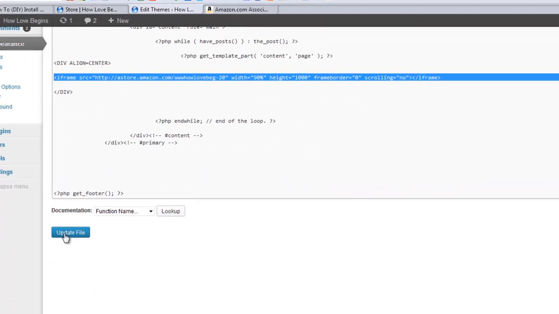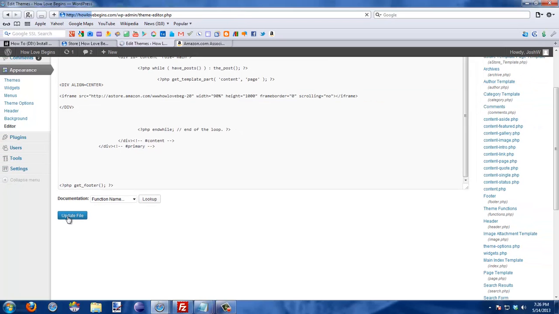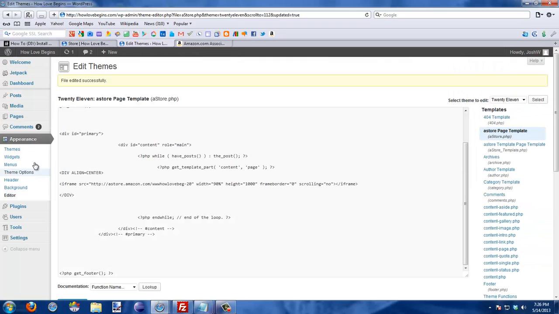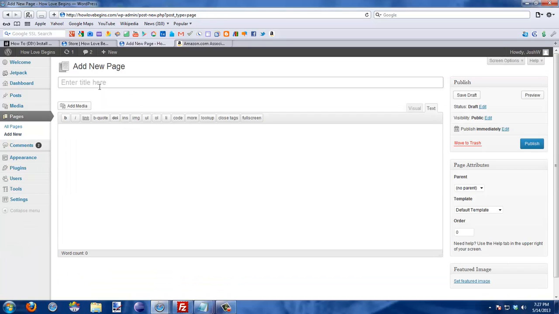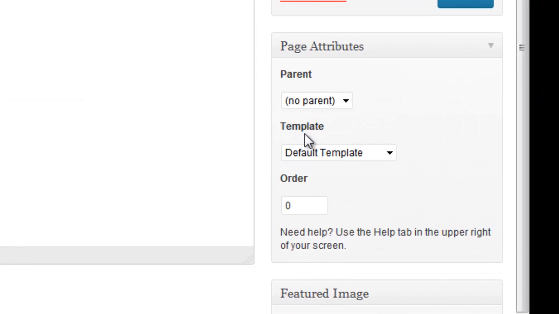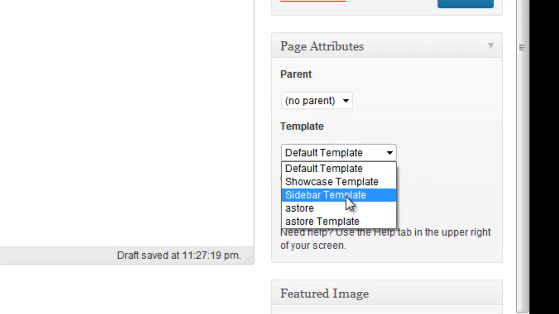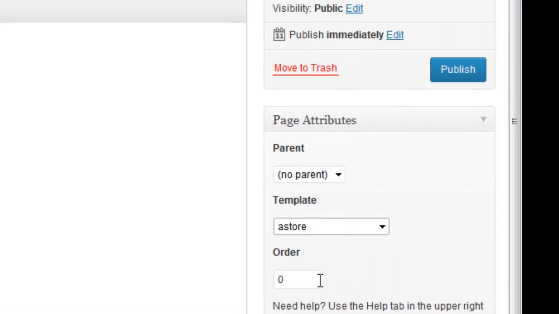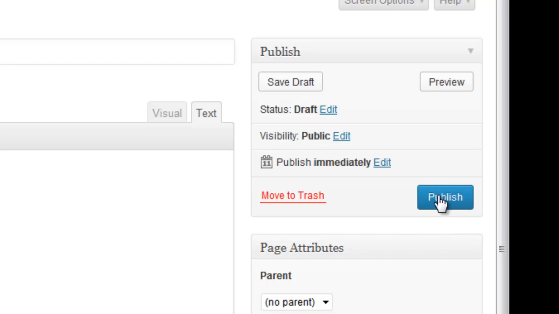The fourth step is, after I update, to create a page. So now I'm going to go to Pages, and I'm going to hit Add New. I'm going to call this Store 2 because I already have a store on the site. Store 2. And the important part is under Page Attributes, go to Template, hit the drop down menu, and then select the template that you just made, which is the aStore template. Now I hit publish,